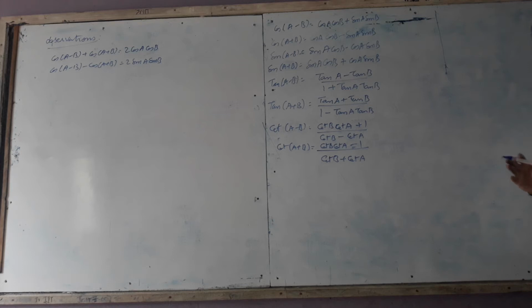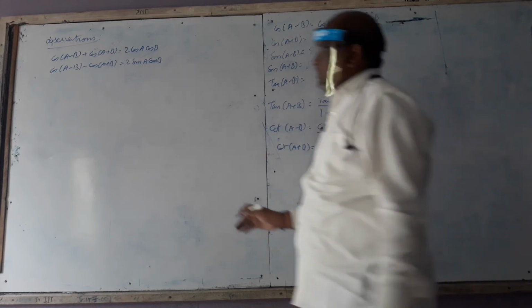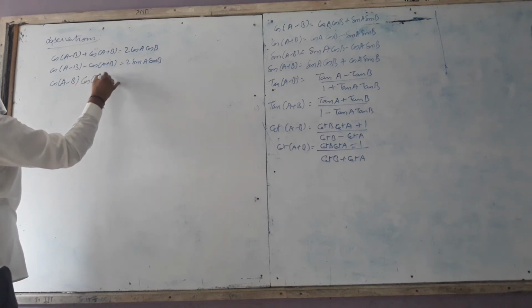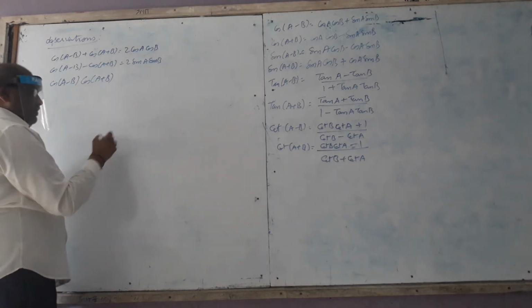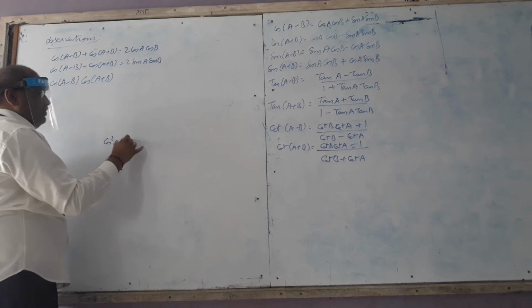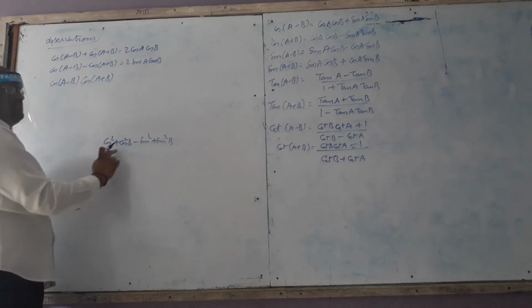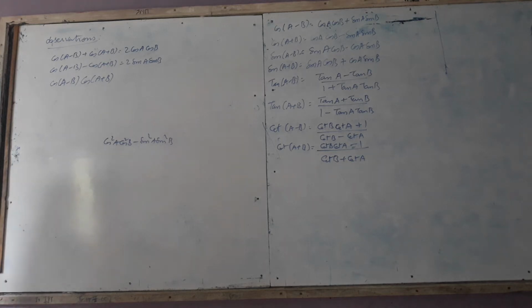If you multiply x plus y into x minus y on the right hand side, that is, cos of A minus B into cos of A plus B, it is cos square A minus sin square B. So what will come? Cos square A cos square B minus sin square A sin square B. Is it not? X plus y into x minus y. Cos A cos B plus sin A sin B is one factor, cos A cos B minus sin A sin B is another factor. So multiply, you will get this.